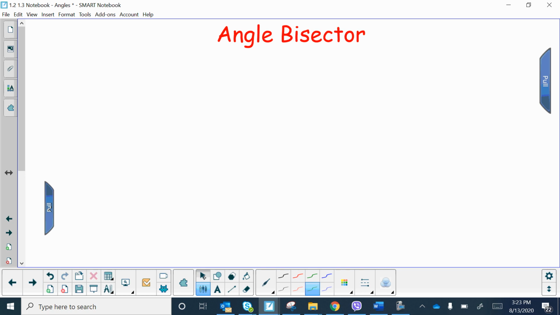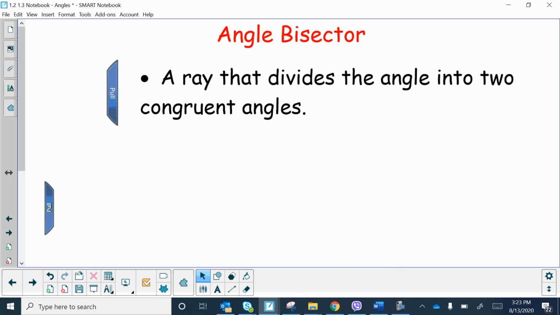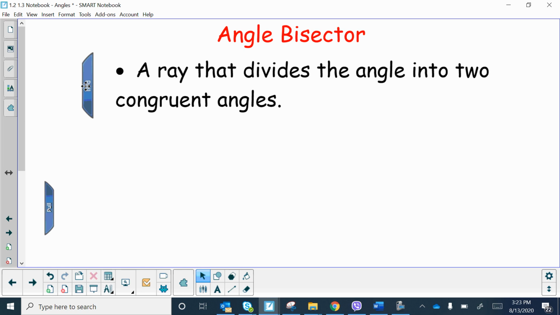Okay, next term, angle bisector. You heard of the word bisector in 1.1. Remember, bisector came from when we were talking about midpoint, a midpoint that divides the segment directly in half. So an angle bisector is a ray that divides the angle into 2 equal parts, in this case 2 congruent angles. So it's going to be right down the middle. So right here,